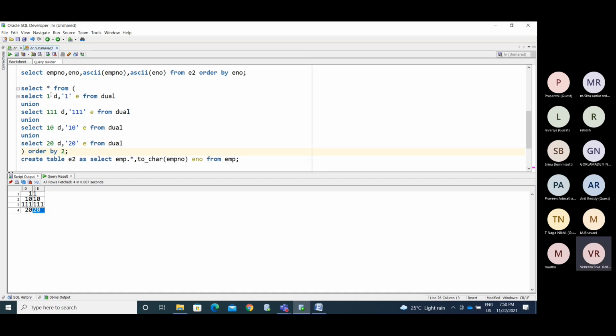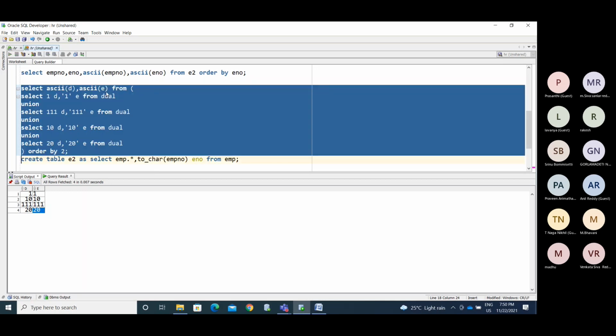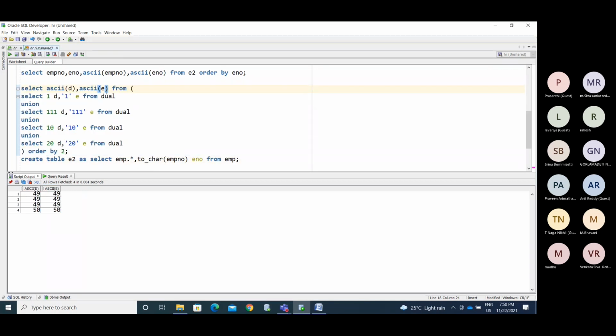See, for these ASCII values now, you are getting the same ASCII value, but you are not getting the correct result.